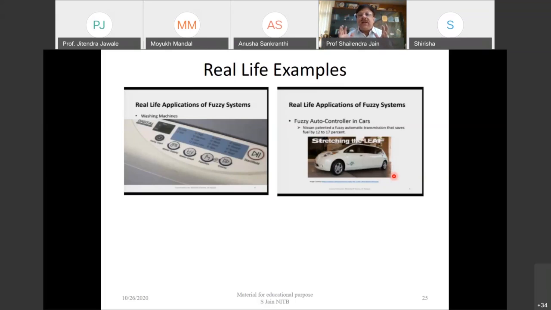For example, if something comes just in front of you and your speed is very high, how do you take a decision? If an object comes in front of your car and your speed is very high, what do you do? You apply very high pressure on the brake, isn't it? So basically the human brain takes a decision: I have to stop the car suddenly. So what do you do? Apply high pressure.